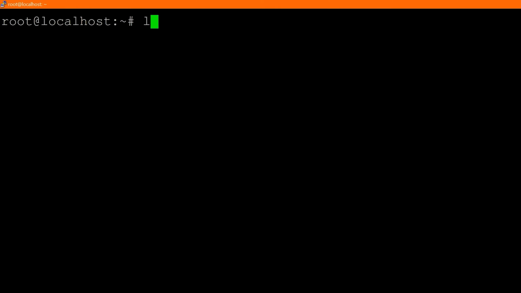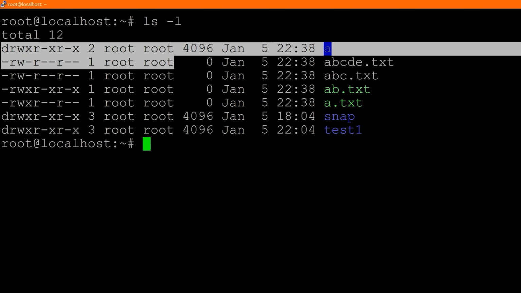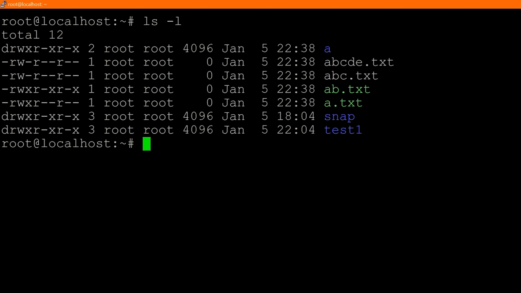The first thing I want to show you though is what happens when I type ls -l. Now ls -l is actually going to display our files in this long view. I don't think that's exactly what the L means, but you don't need to know the exact acronym or what L stands for. Regardless, this is going to show us detailed information of all of the files and directories in our current directory.